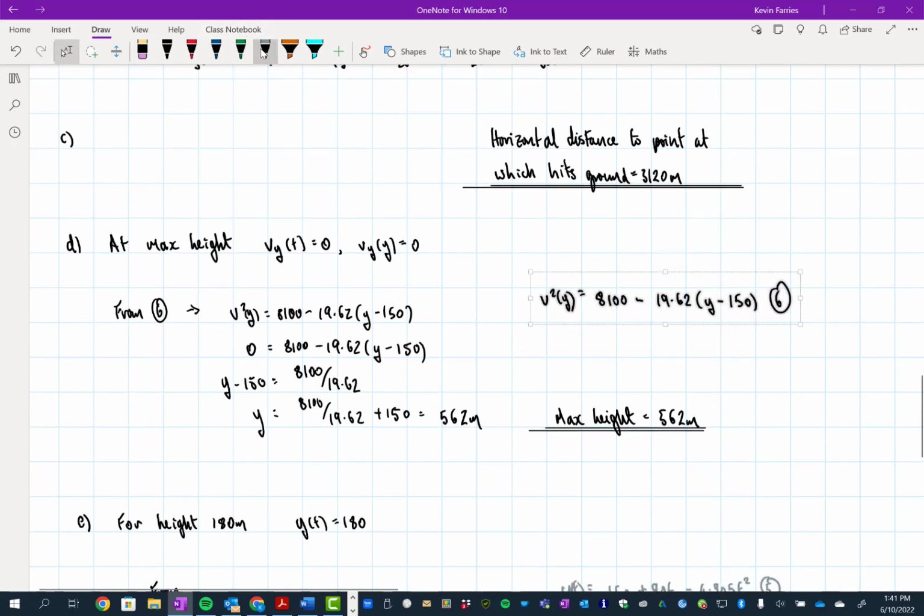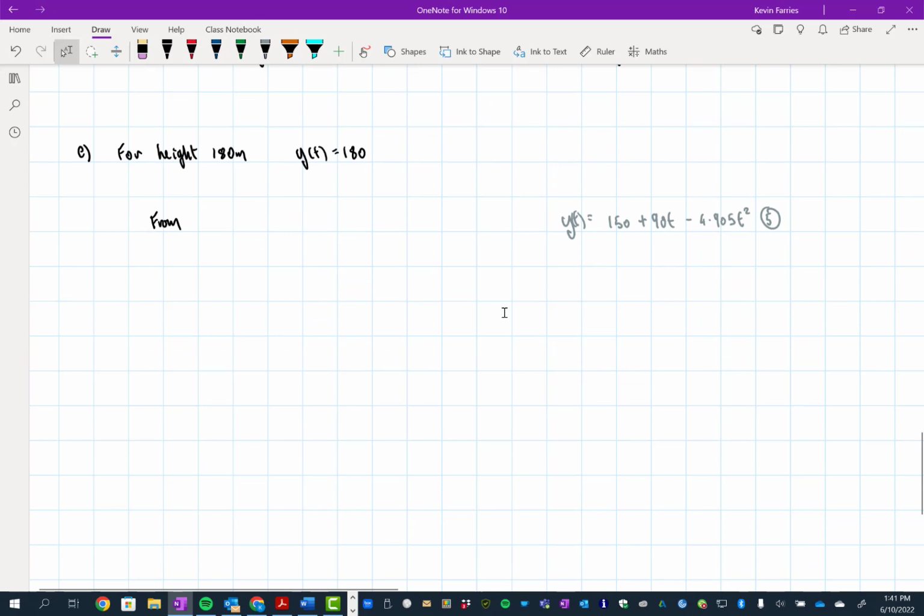Just make that one grey as well, just for thinking. So let's just get rid of the from, we'll just say 5. And that equation is y of t is equal to, so write out the equation first, 150 plus 90t take away 4.905t squared. So therefore we want to know when that height is at 180 meters,